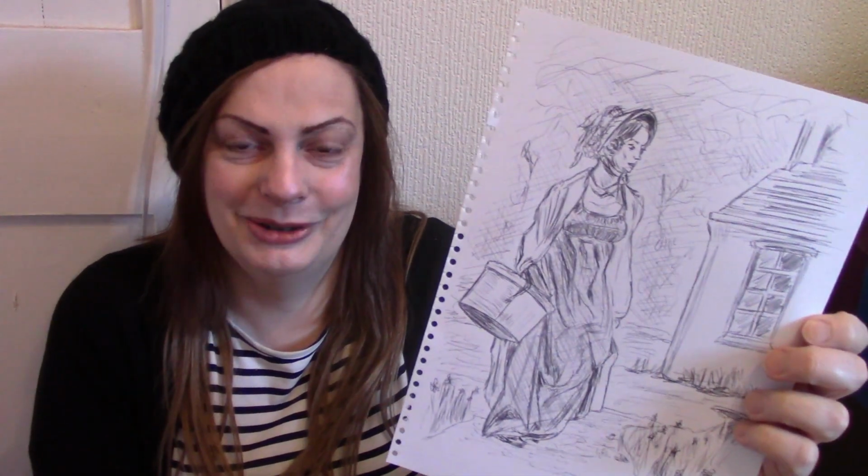model wearing this costume, and I also just put in all that other detail myself and put the house in as well because I thought it looked vaguely Regency. So I don't know, perhaps it does, perhaps it doesn't, but I'm learning, so that's just practice really. I know that they're not perfect, but if I can just improve my drawing, then I'm going to be